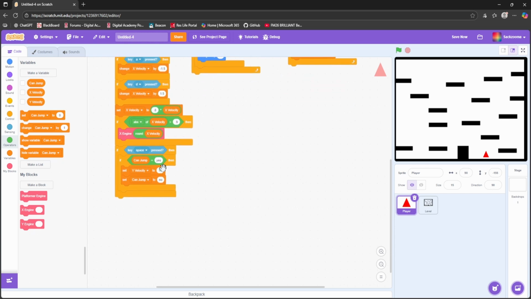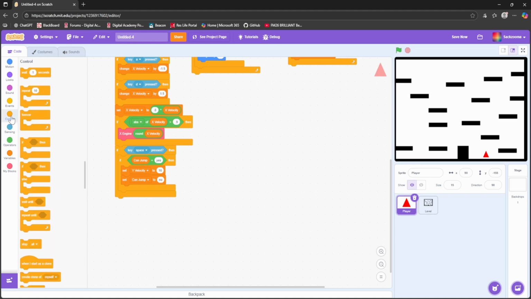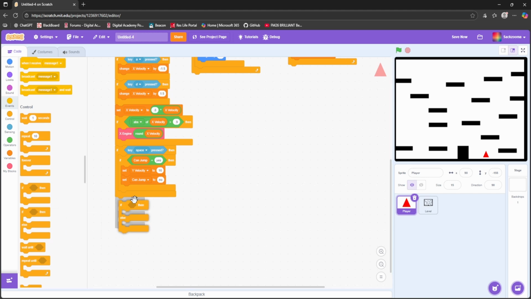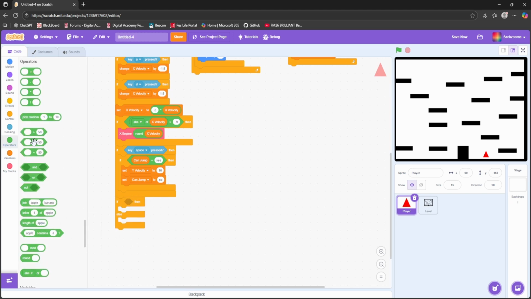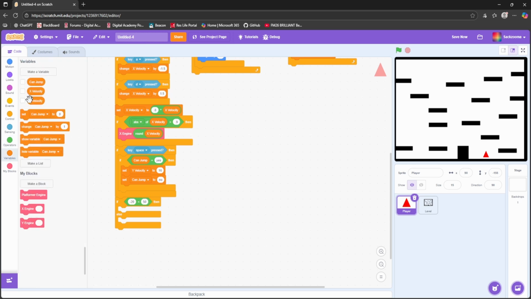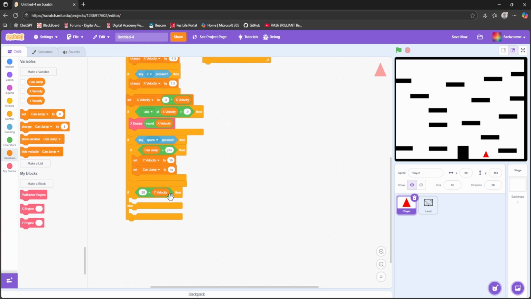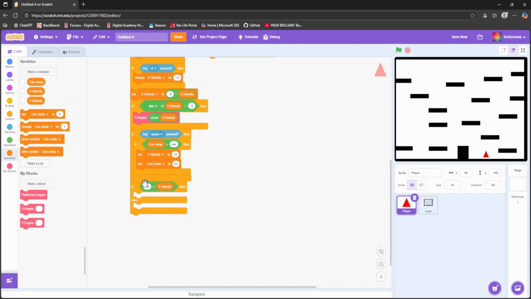Under these two if then statements, we want to go to Control and grab another if then, but instead of if then, we want to grab an if then else, pop that under there, and we want to go to operators and grab a less than. So this value here will be minus 20, and this value here, we want to grab my variable and grab a y velocity. So if y velocity is greater than minus 20, or if minus 20 is less than y velocity,